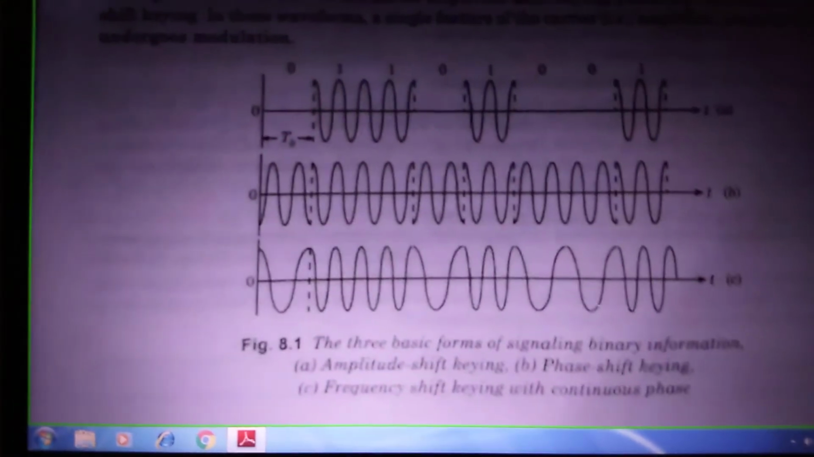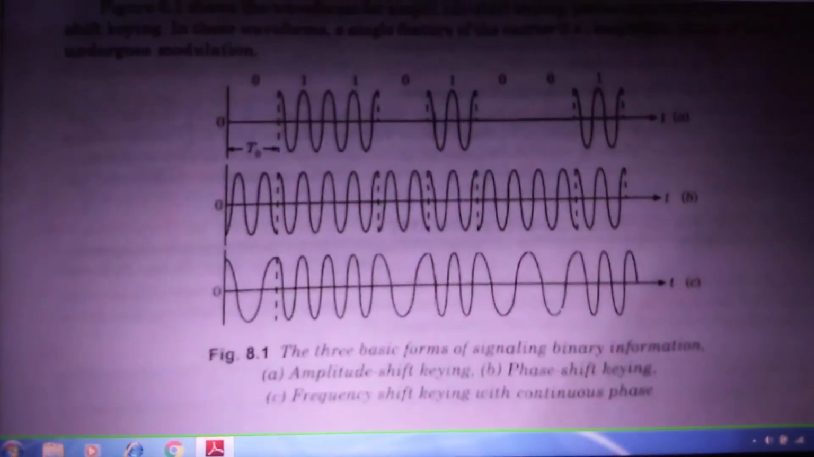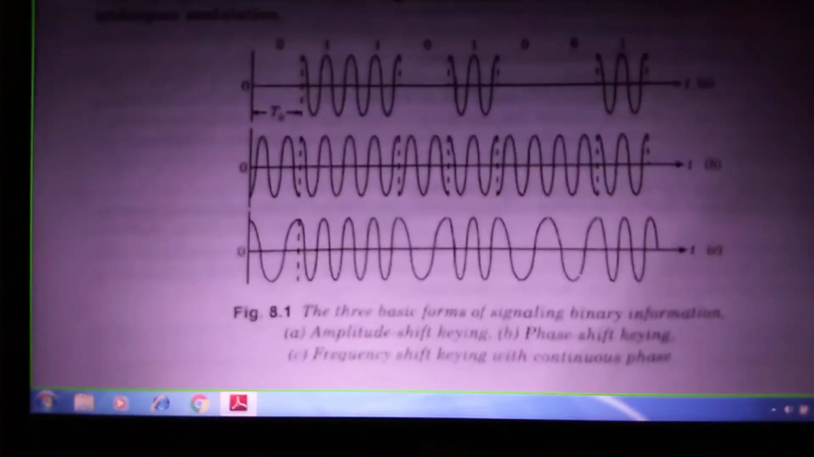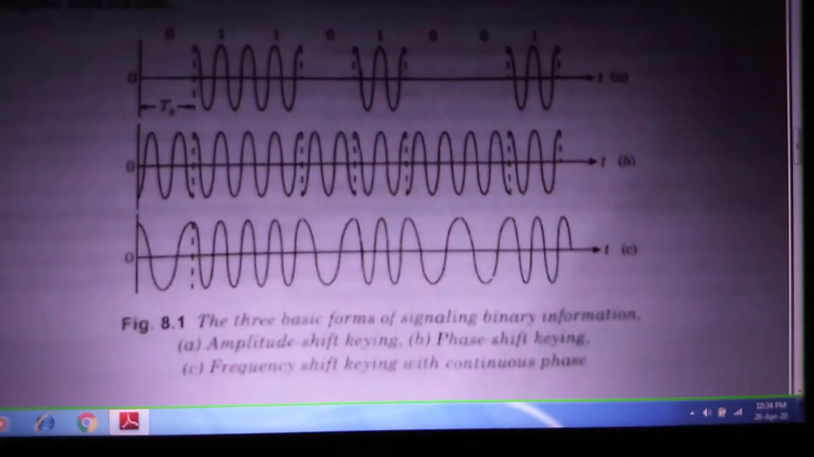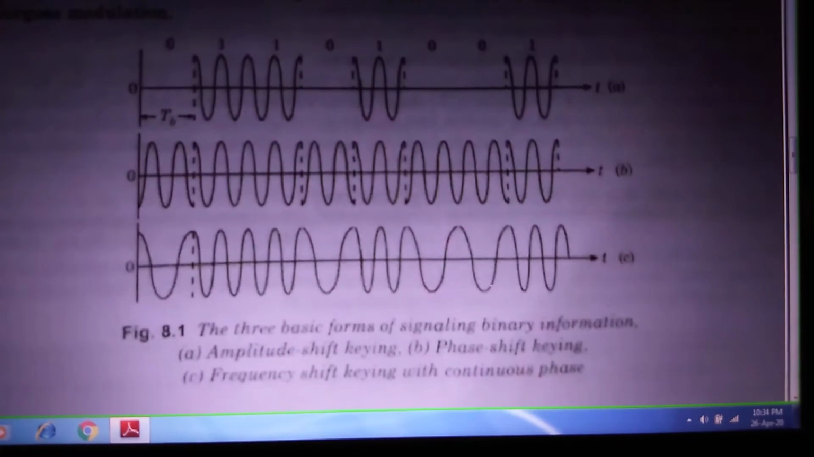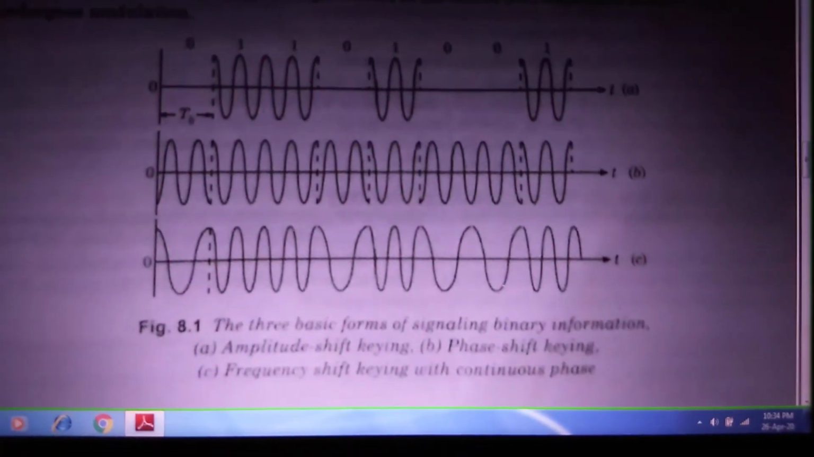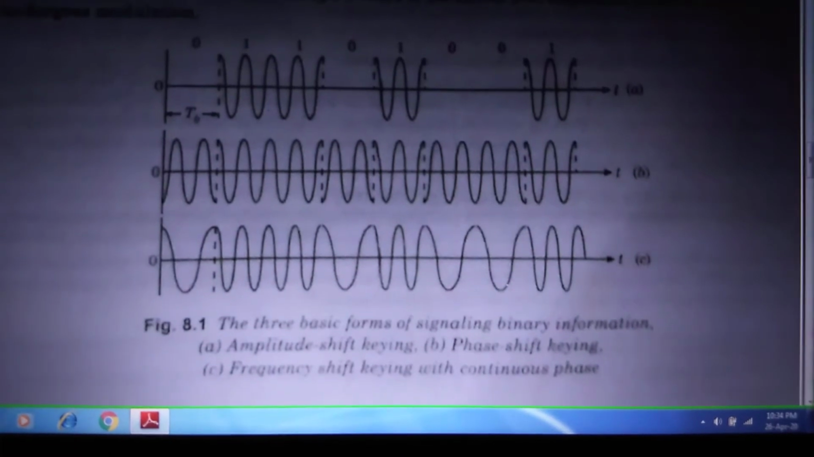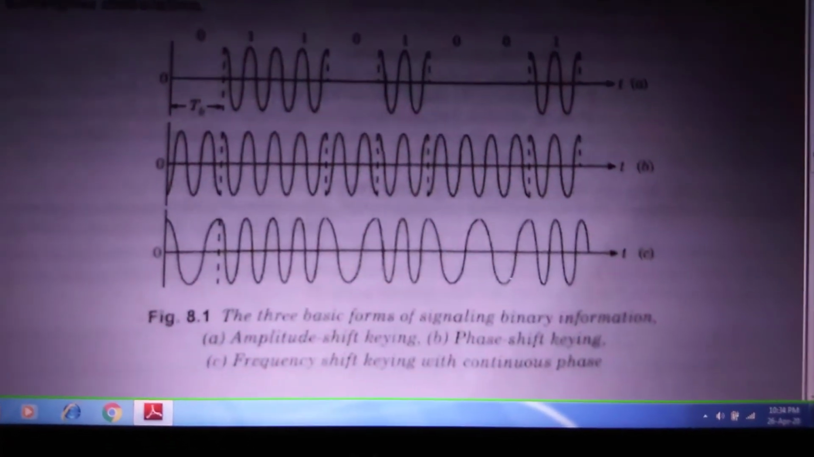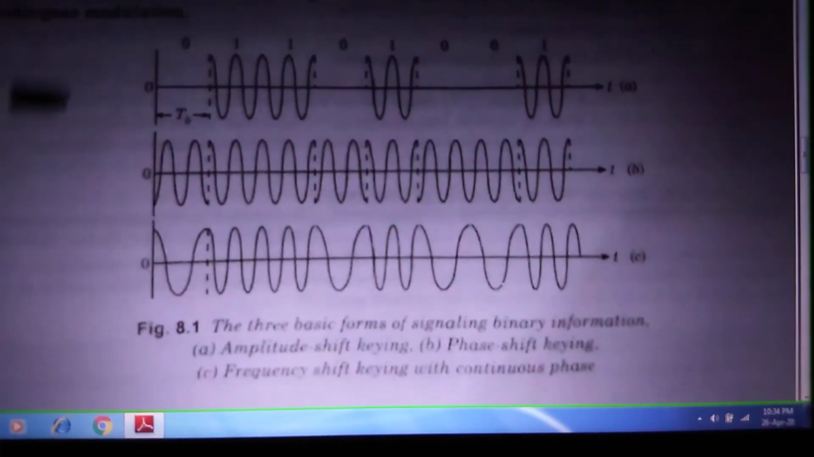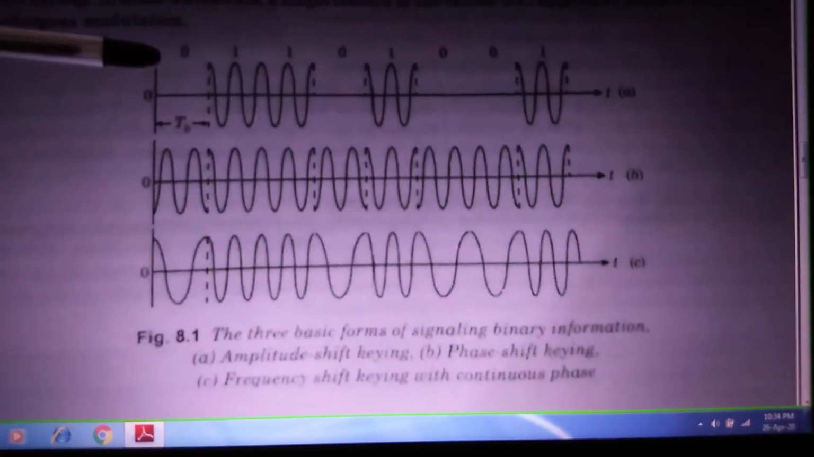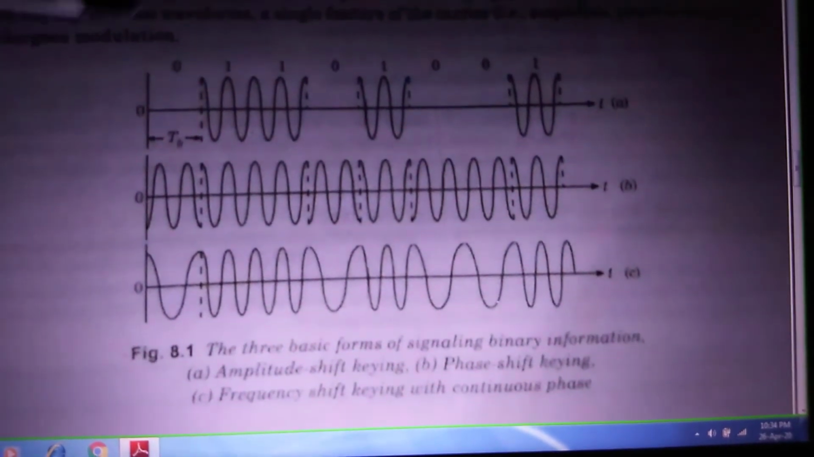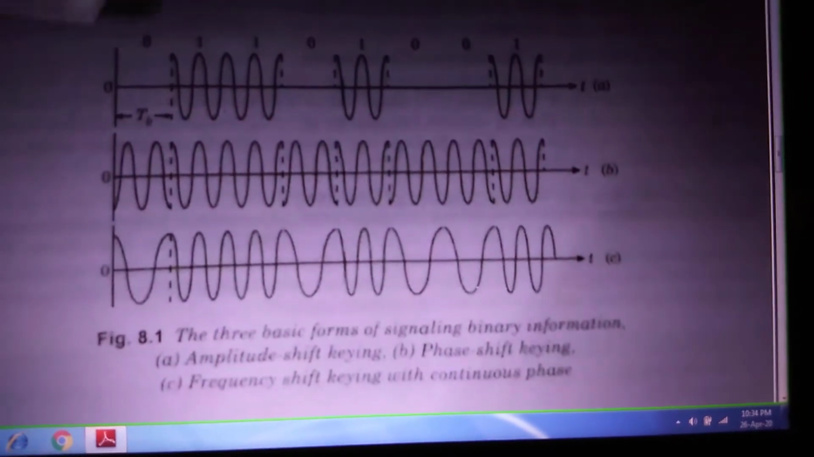Now we will concentrate our discussion on this particular figure. If you see, there are three figures given. One is the amplitude shift keying. The next one, figure B, is the phase shift keying, and the third one is the frequency shift keying. Start with the first figure. If you see the bit pattern, that is 0 1 1 0